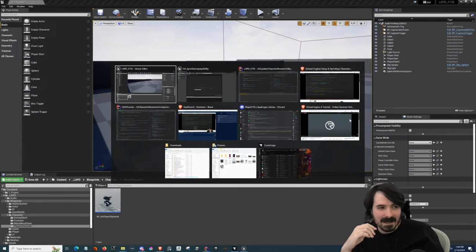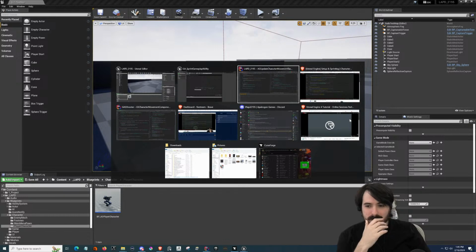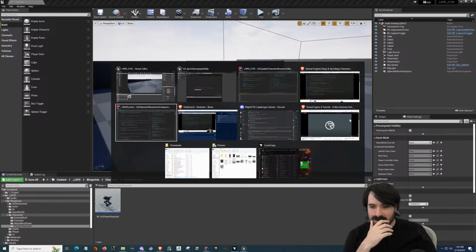I actually kind of want it to be a custom movement mode, but